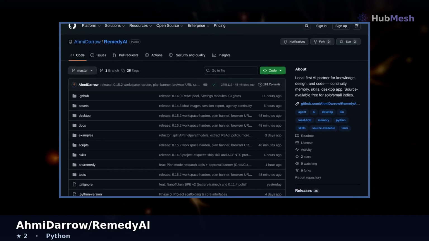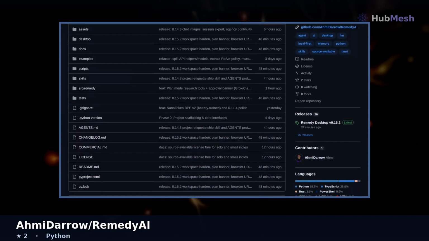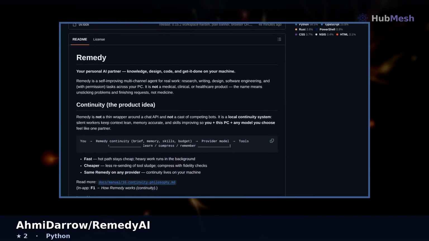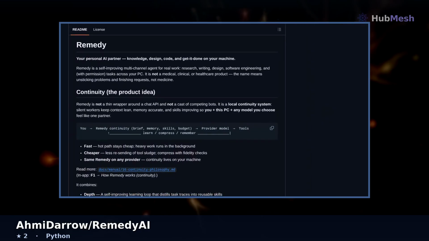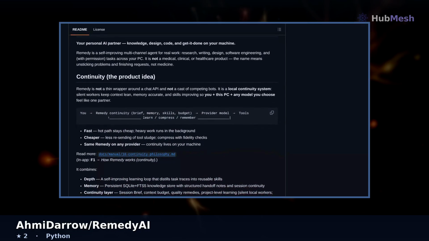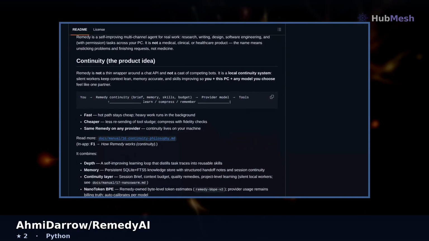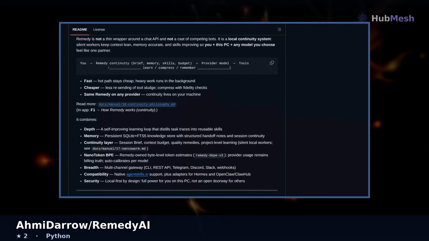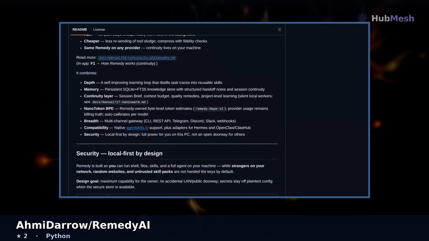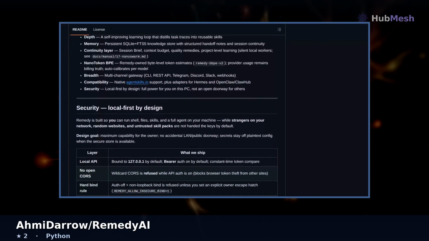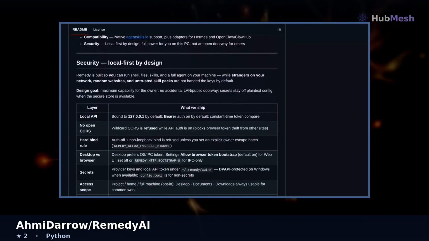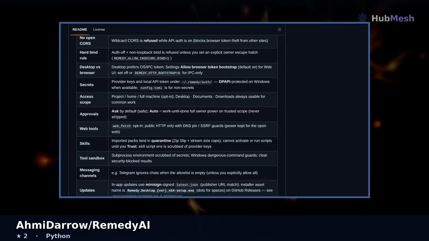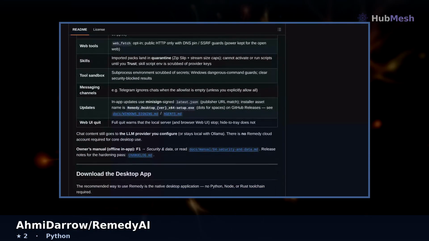RemedyAI is your local AI partner, ready to tackle knowledge, design, and code tasks right on your machine. This section explains Remedy is a self-improving, multi-channel agent for real work, like research and software engineering. Remedy's core idea is a local continuity system, keeping context lean and memory accurate, making you and your PC feel like one partner. Security is local first by design, meaning Remedy gives maximum capability to you, the owner, without accidental